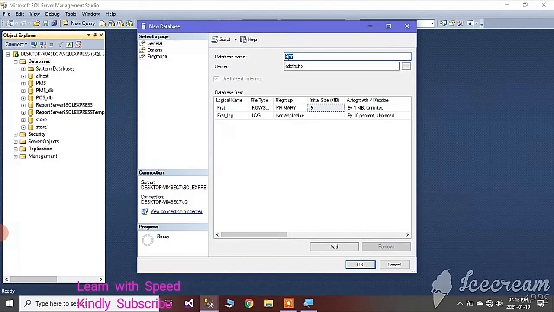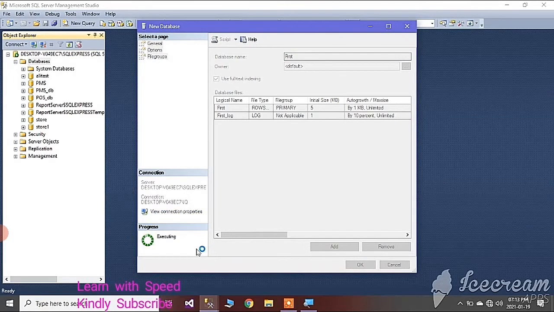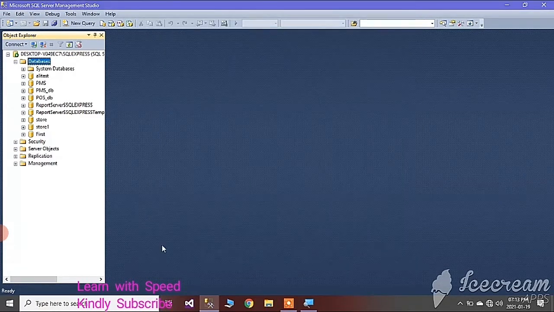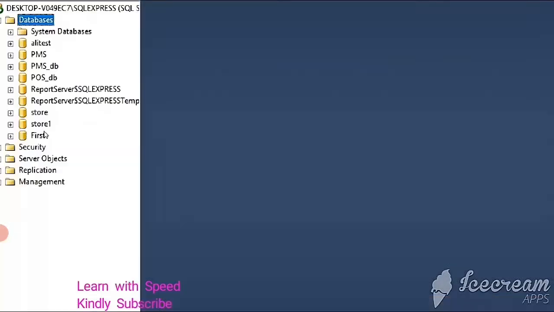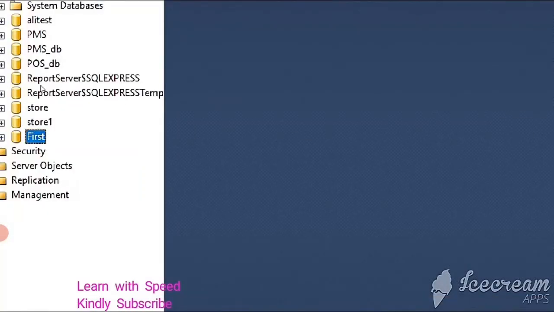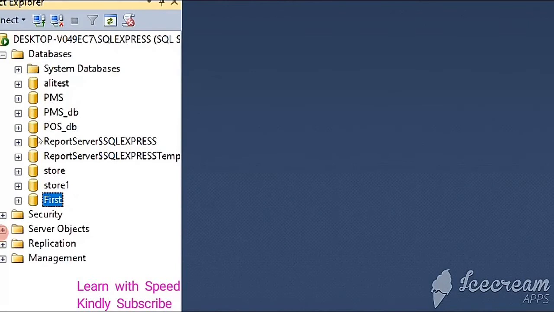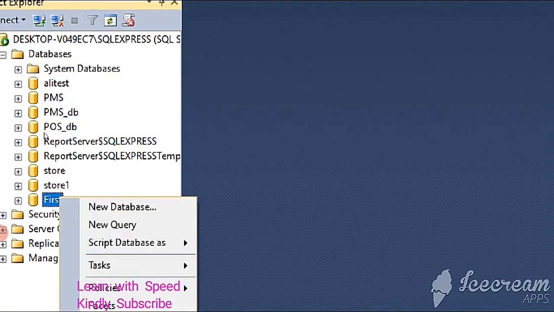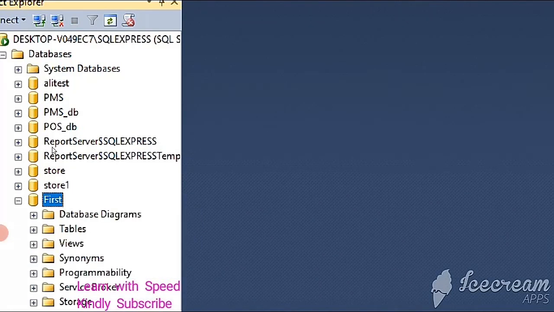After that, click on OK and you can see that the new database is in progress and is being created. Again come to this section and here you can see at the last that the database with the name first has been created. Expand this option and you can see the option of tables.